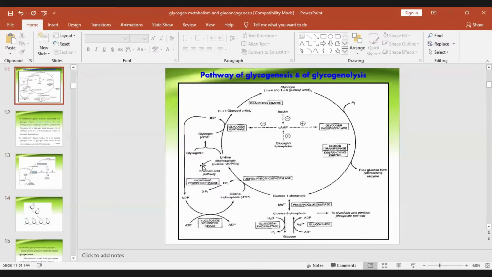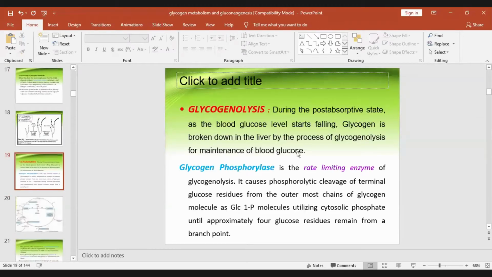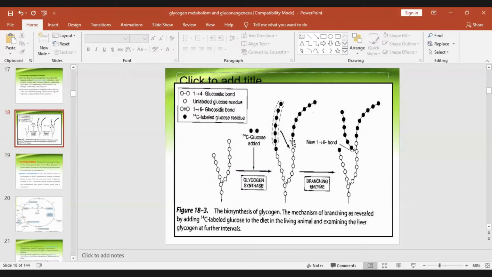Now, the first time, when there is no primer, a protein called glycogenin, which contains tyrosine residues, is formed, and one of these specific tyrosine residues takes up the glucose from UDP glucose, and then 7 more glucose residues are added, which forms the glycogen primer. So to that, 1 glucose molecule is added from UDP glucose each time, until there are about 11 residues in a chain. So when there are about 11 residues, say here, the branching enzyme acts and it removes a